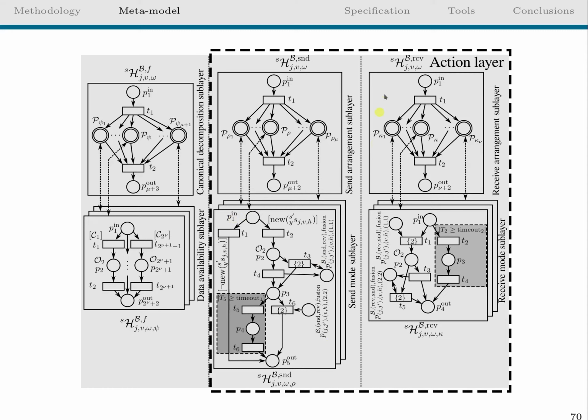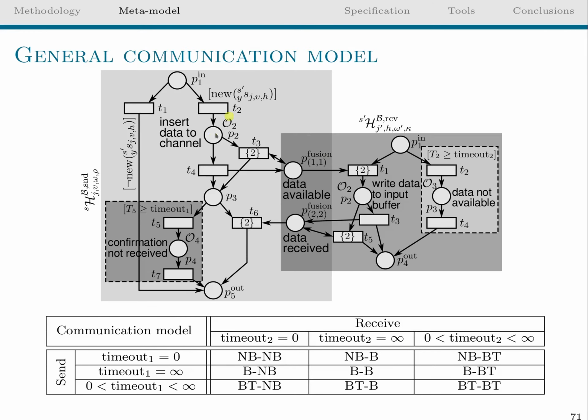On the right-hand side, this column defines the arrangement from the perspective of receiving data, and the communication model from the side of the receiver. So when we combine those two layers from the perspective of two communicating subsystems, they form a general communication model, which is parameterized by two parameters, timeout1 and timeout2. By selecting values for those two parameters, you can obtain up to 9 different